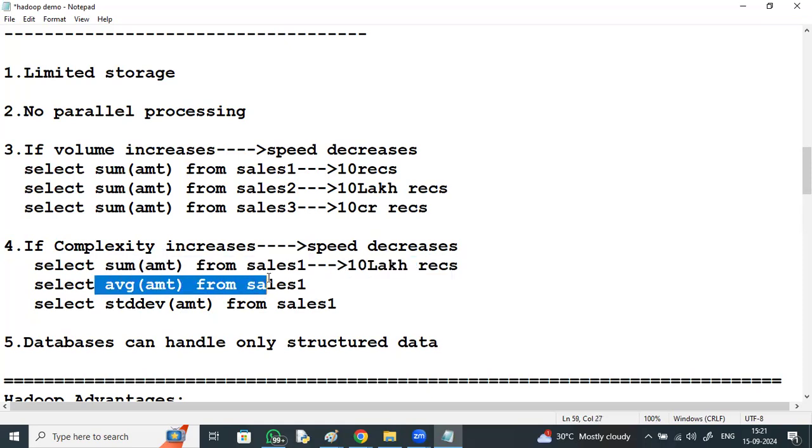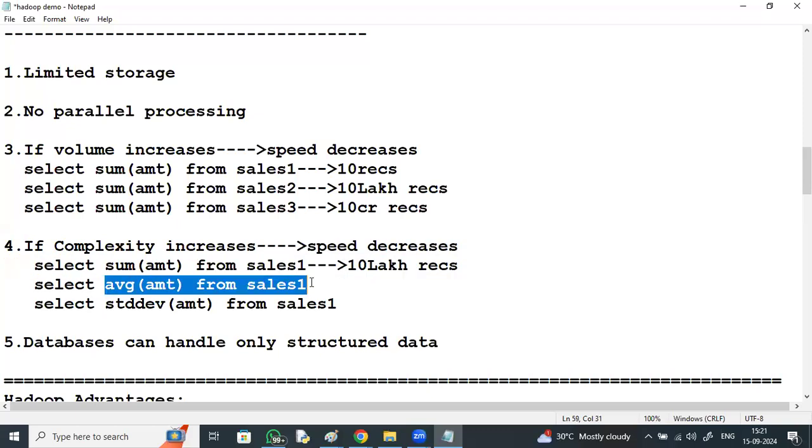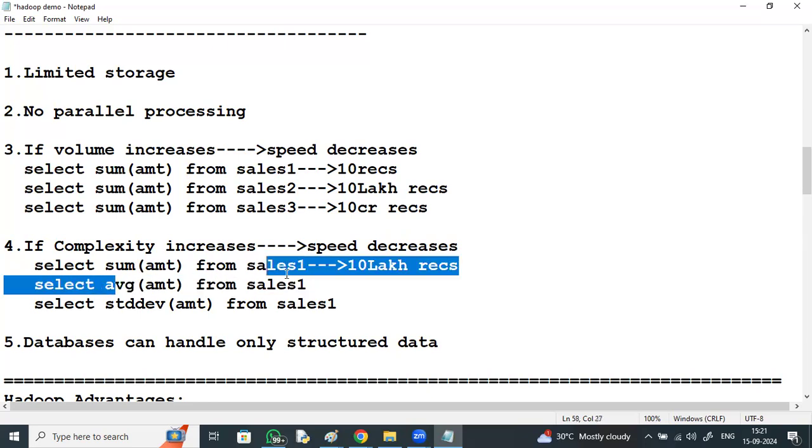Average is a two-step process: first the sum has to be calculated, next the average has to be calculated. So query to query, as the complexity increases, speed decreases.